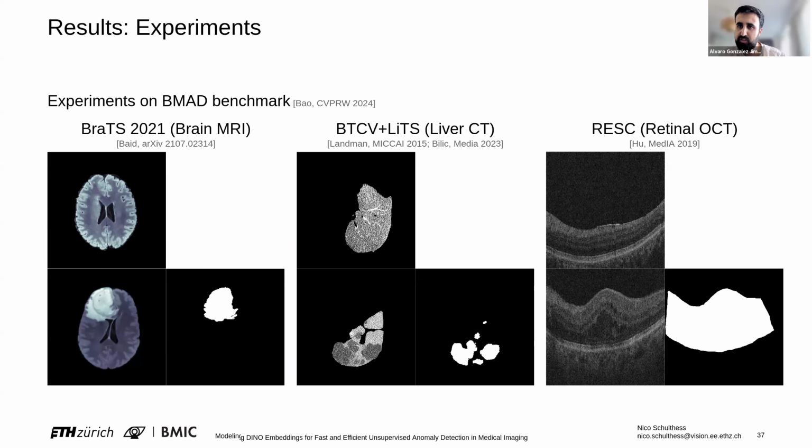Are any ablations done with other feature extractors apart from DINO? Do you use any other feature extractor like a ResNet or DenseNet or something like that? We have not. We only investigated DINO features so far. We haven't really looked into using ResNet features, but I think when you look at the results,